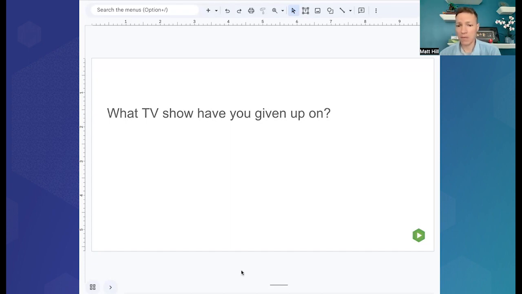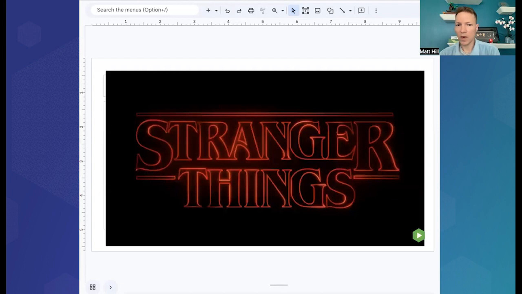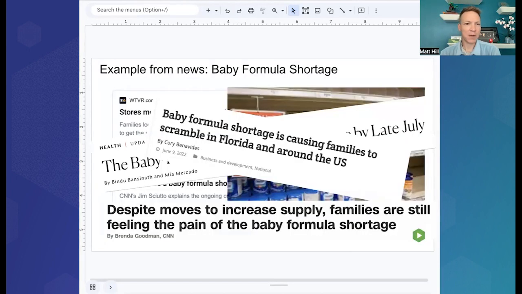Okay. Anybody have a TV show that we should give up on, that we should avoid? Do they want to put in the chat? TV show that goes south? The one I have in the slides is Stranger Things, but I hear it's gotten good. I hear it got good again. So I don't know if this is actually valuable. I hear season 4 is good. Okay, there's just another example. Oh, The Good Place. People love The Good Place.